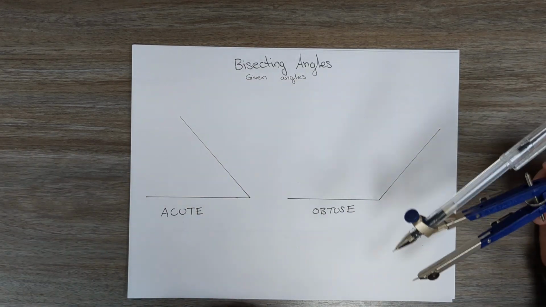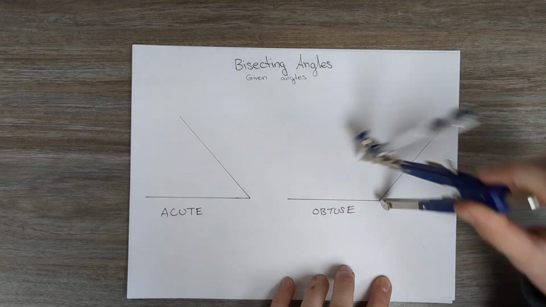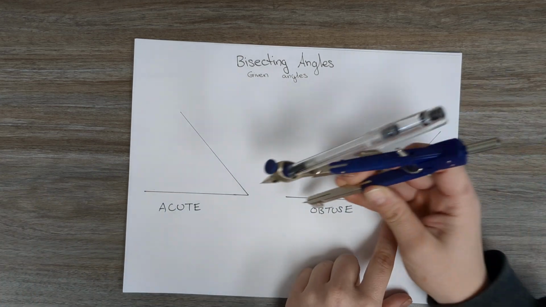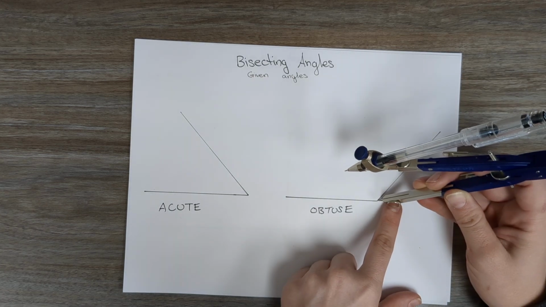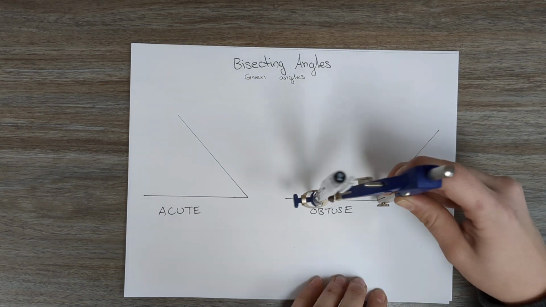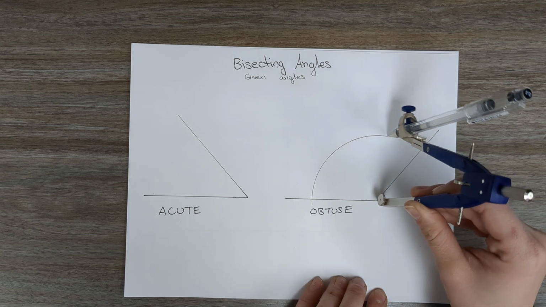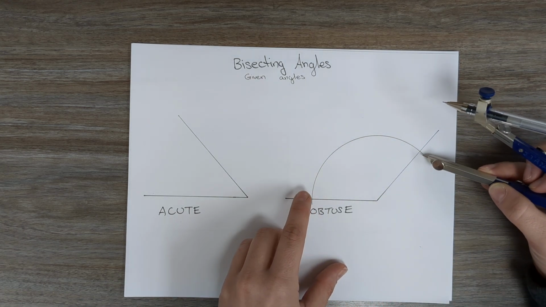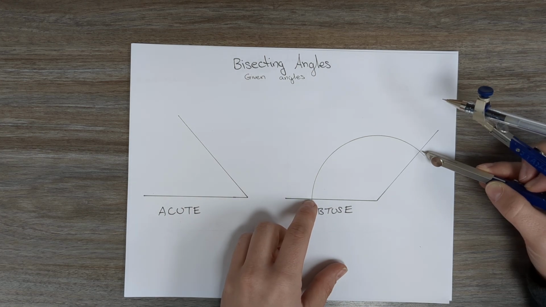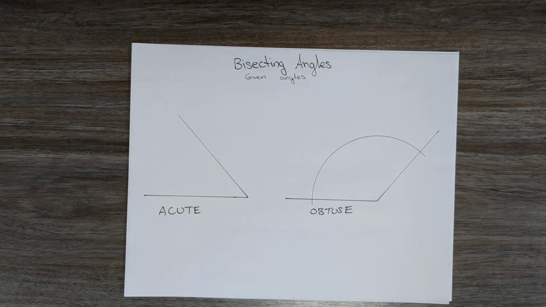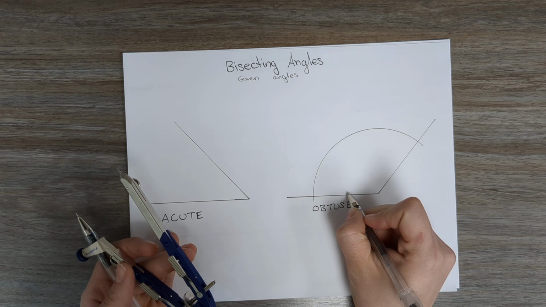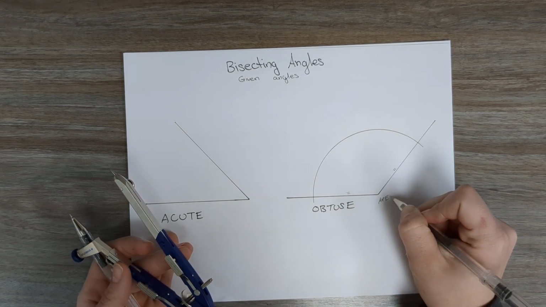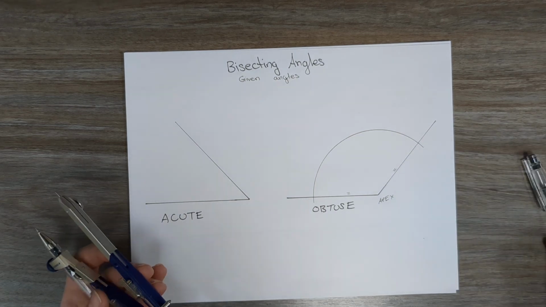So with that in mind, all you really need to do to bisect an angle, to cut it in half, is to take your compass and set it to any radius that your heart desires, within reason, because I need it to hit both of these arms. So I set it to whatever, and on my obtuse angle I'm just going to strike an arc. What I'm looking for is that the arc hits both arms of my angle, because now this represents an equal distance away